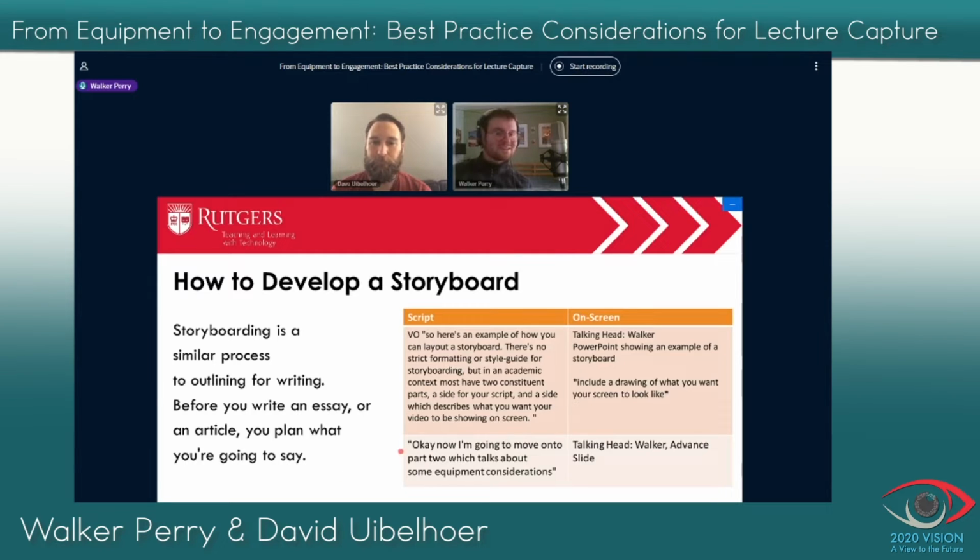I have a sort of piece of meta-analysis here. This is what a storyboard would look like for this exact presentation. There are generally two disparate parts. There's a script, and then there's a description of what would appear on screen. So on screen right now, there's a talking head. That's me. Up at the top, there's a PowerPoint showing an example of a storyboard,